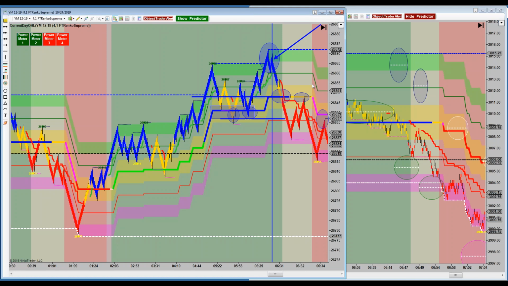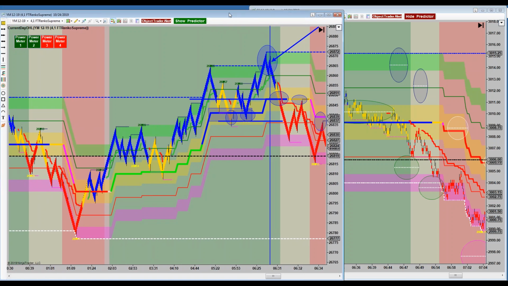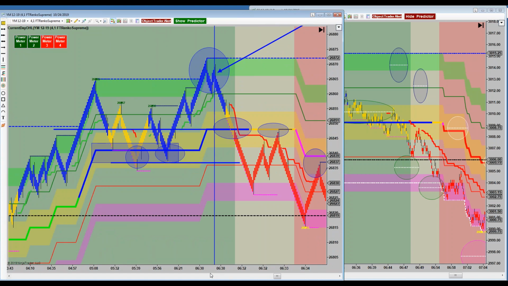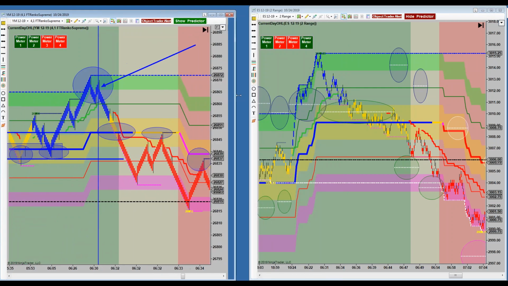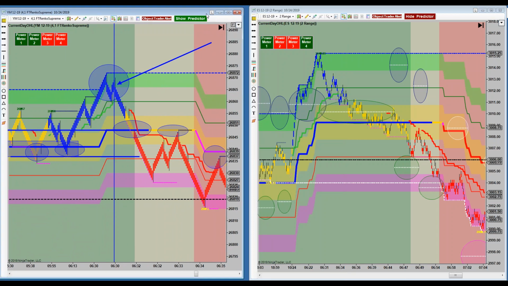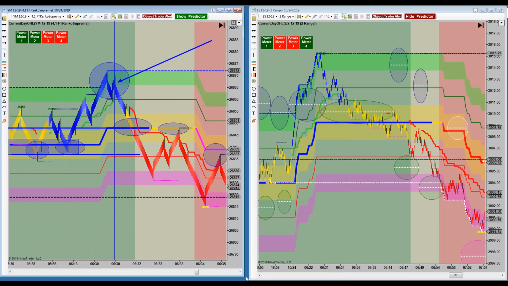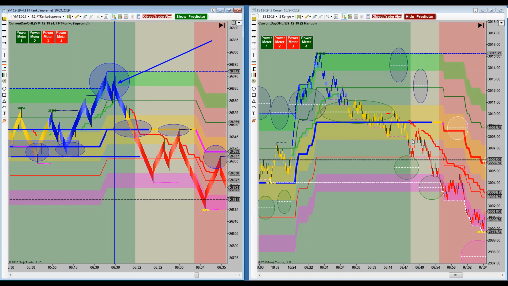Now I'm going to go over and let's do the correlation with ES and see how this could have helped us. Let me get the ES chart set up and blow up the first 5 minutes of the market and then put them right next to each other. Give me 1 minute to prepare this, please. Now, just a word of caution, and this is my personal preference. You don't have to do this. Most of you know, I use all the Viper indicators like everybody does. But on ES, I'll use a 2 range. A 2 range, obviously, is going to be twice the amount of bars that you get